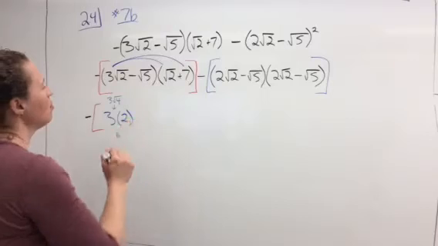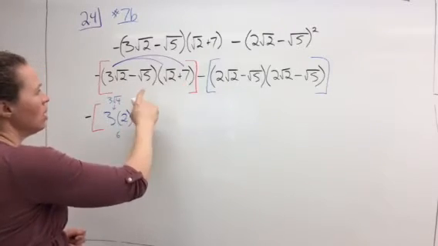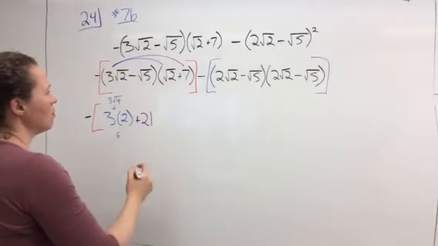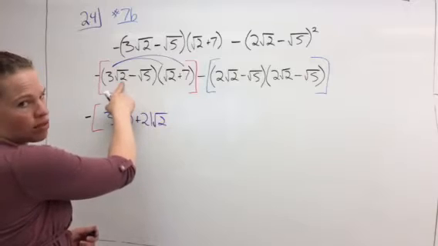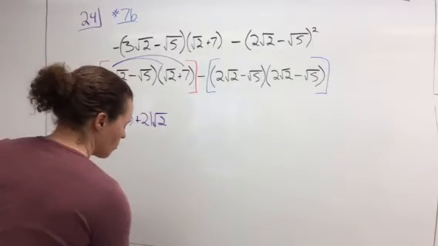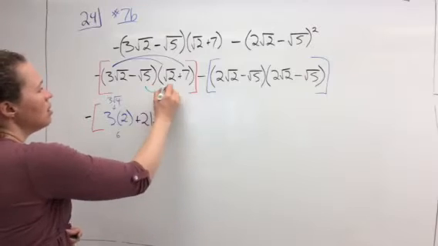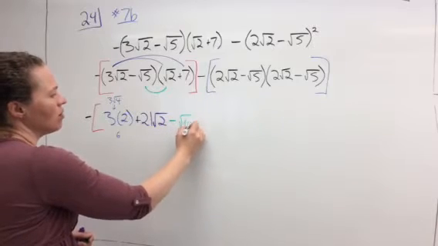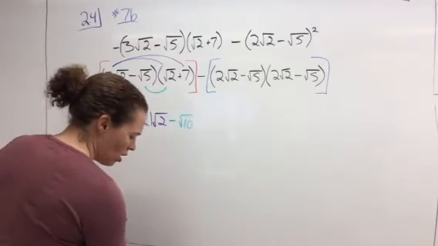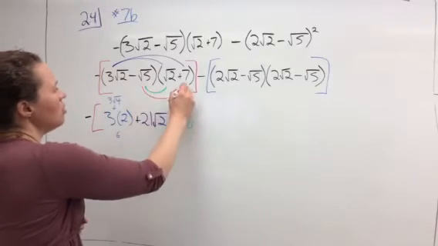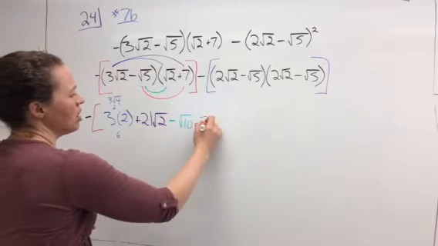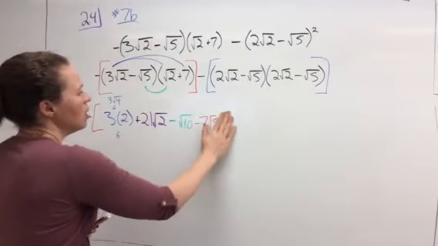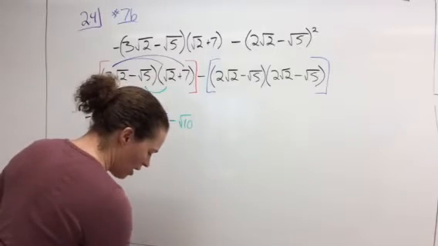My outside term is 3 root 2 times 7. There is no root here, so I'm just doing the 3 times 7, so it's going to give me 21, and then carries the root 2 from the first section here. Inside gives me negative root 5 times root 2, which is just going to give me negative root 10. And finally, the last term is going to be negative root 5 times 7, so it's just going to be negative 7 root 5. Whoops, maybe I should use a different color. That's going to finish up that set of brackets,